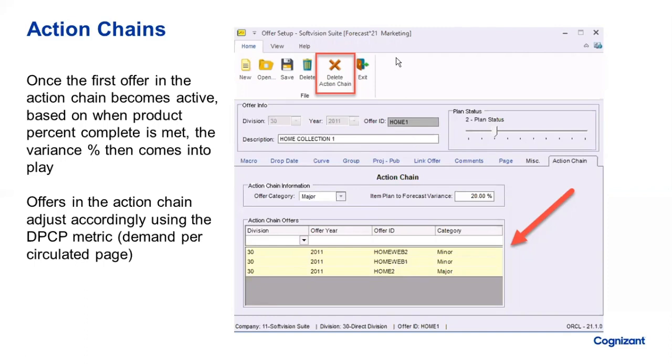My web offers, I consider those more a minor offer. They don't have as much of a product selection as my major offers do. But what I want to accomplish with this chain is to be able to create a forecast for those additional offers. But in addition, when it's in season, meaning once your offer is active, I want to be able to have all of the offers that are in this chain be adjusted based on what's going on with